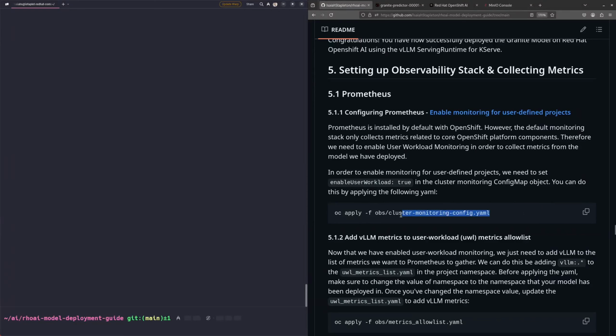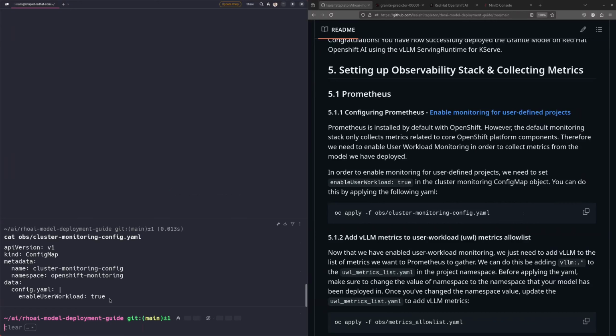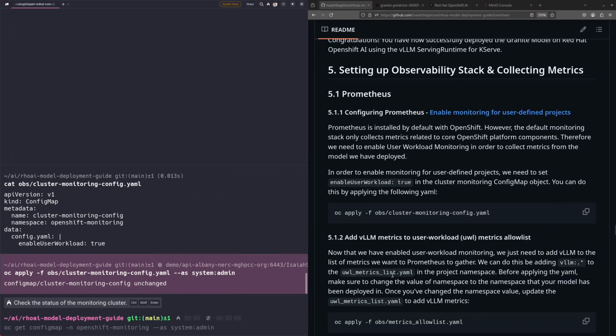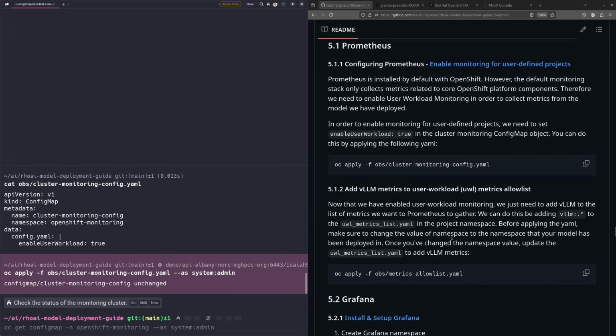object. I have this YAML that will do that for you here, but we can take a look at what the YAML looks like. It looks like this. It basically just passes this enableUserWorkload into the config in the OpenShift monitoring namespace. So I will do that. Okay. And then once that is done, we will need to add vLLM metrics to the user workload metrics allow